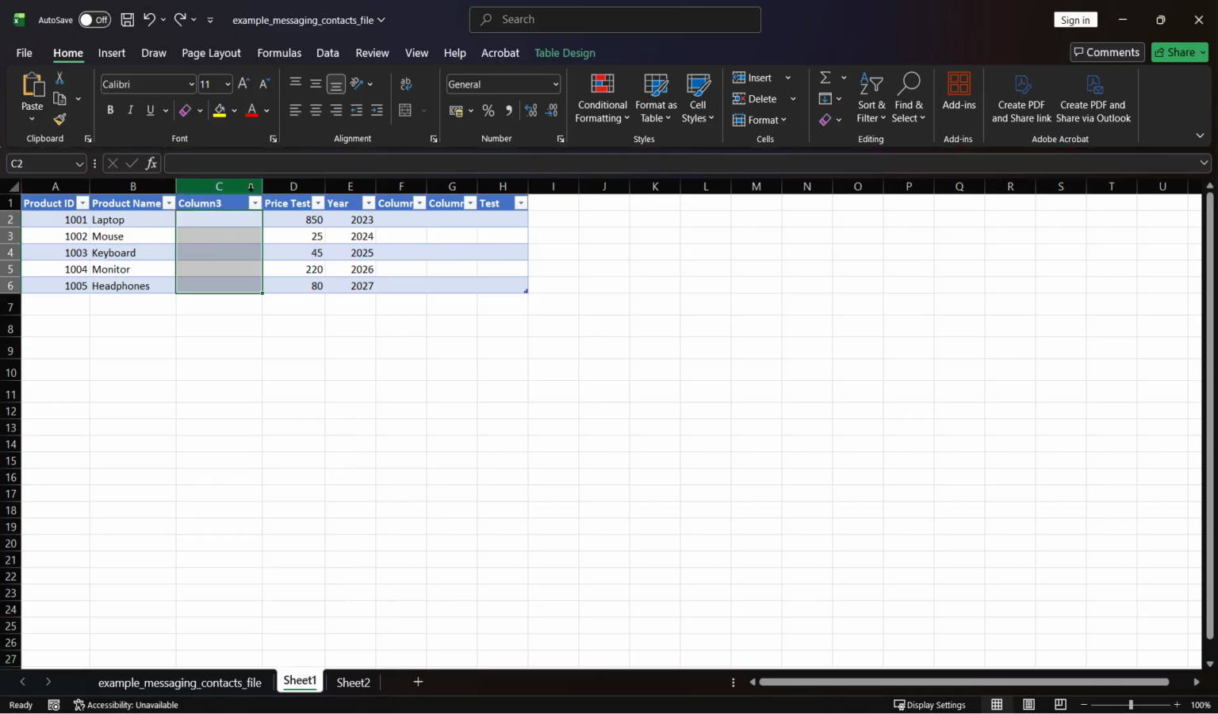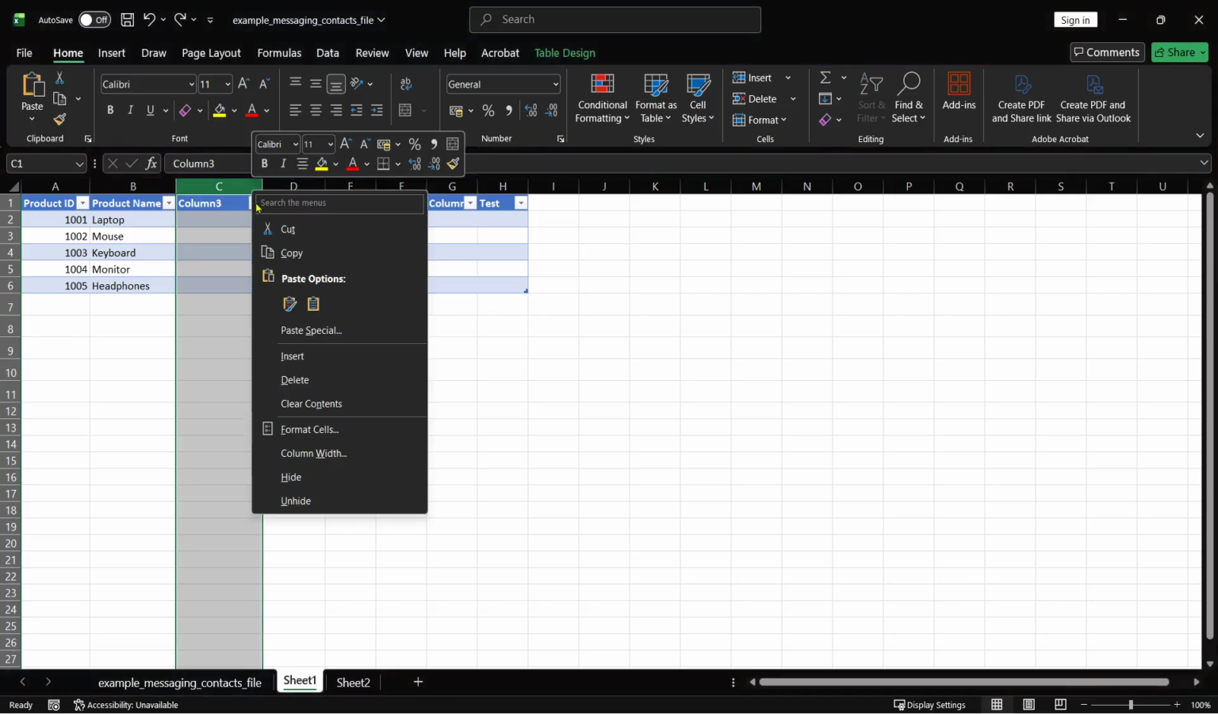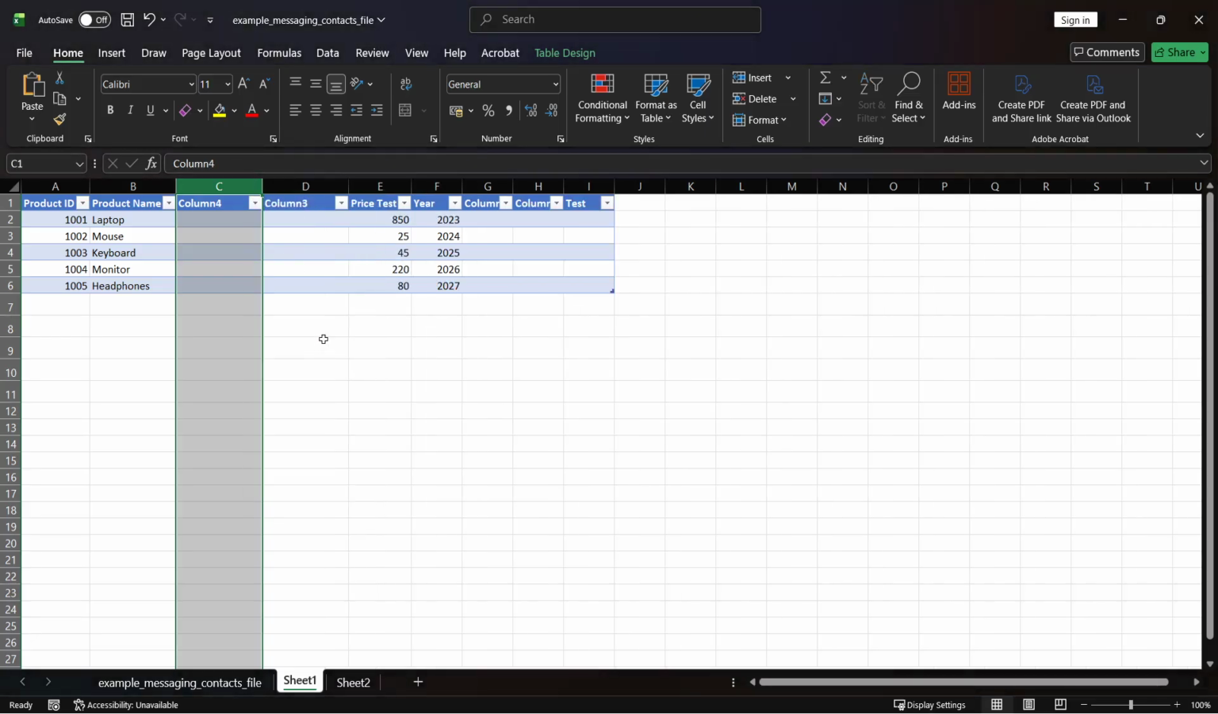Once your column is inserted, you can start typing headers, data, or formulas into it. If you have any formulas in your spreadsheet that reference other columns, Excel automatically updates those references when you insert